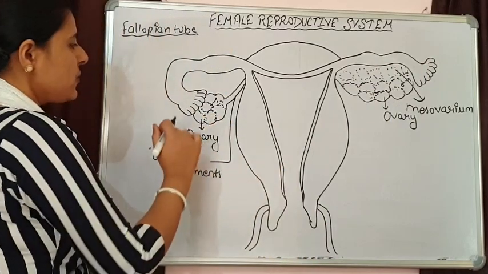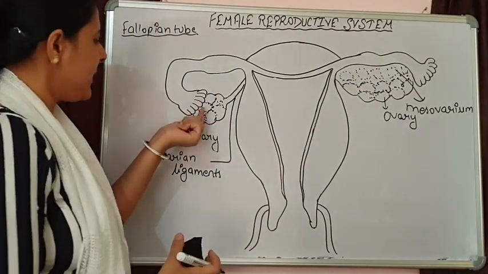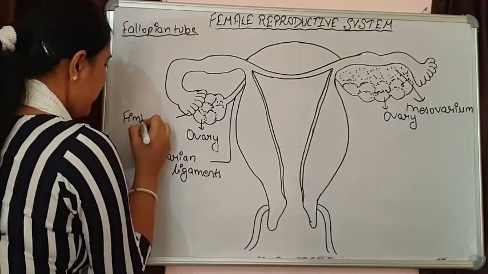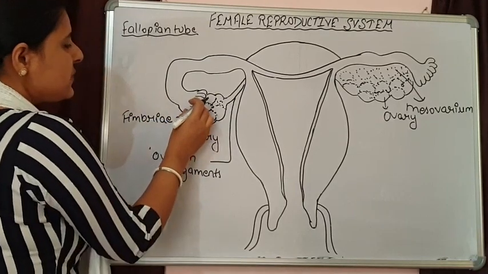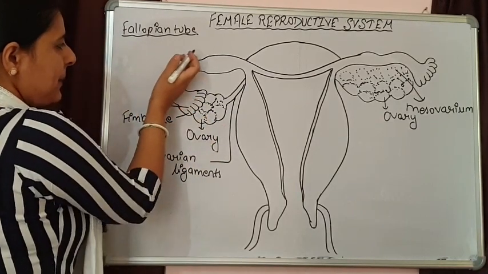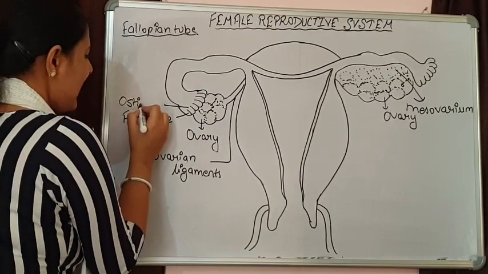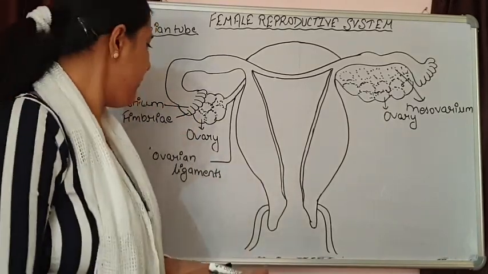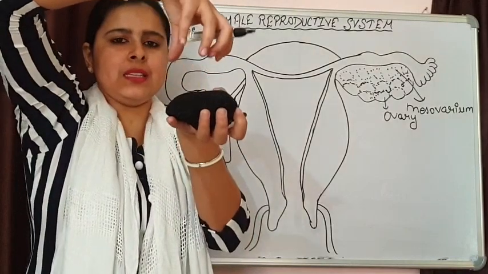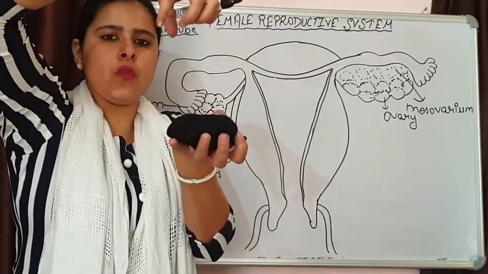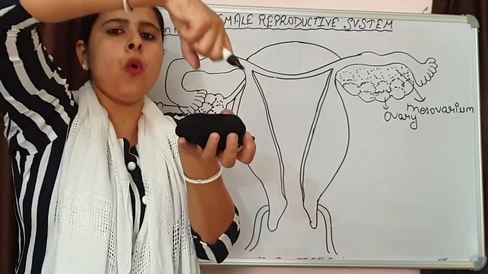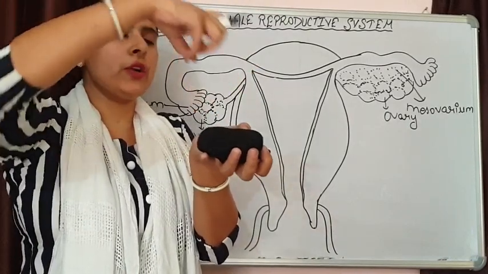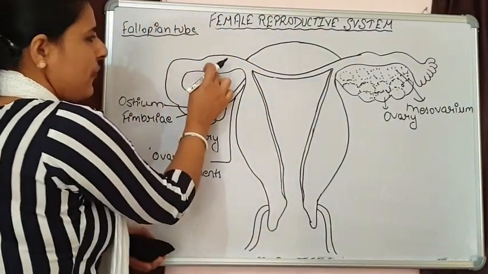Let's discuss the different parts of the fallopian tube. The marginal part of the fallopian tube has finger-like projections, and these are known as fimbriae. These fimbriae open into the main part of the fallopian tube, and the opening is known as the ostium. So what is the function of these fimbriae? Basically these are present on the ovaries like this. The ovaries release the ovum, and these finger-like structures hold the ovum. That's why their structure is like fingers. After holding the ovum, they pass it to the internal structures of the fallopian tube.